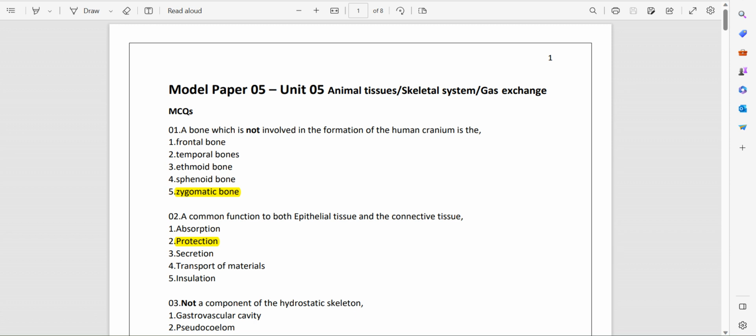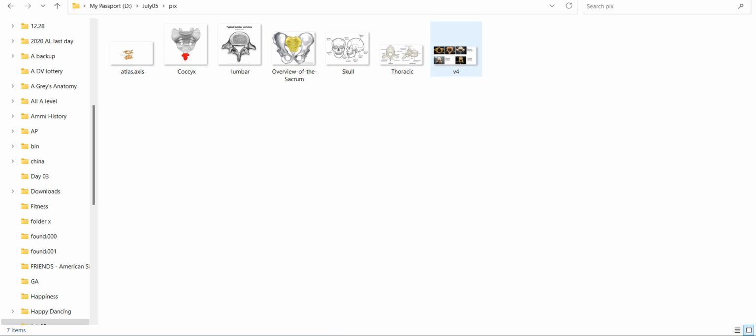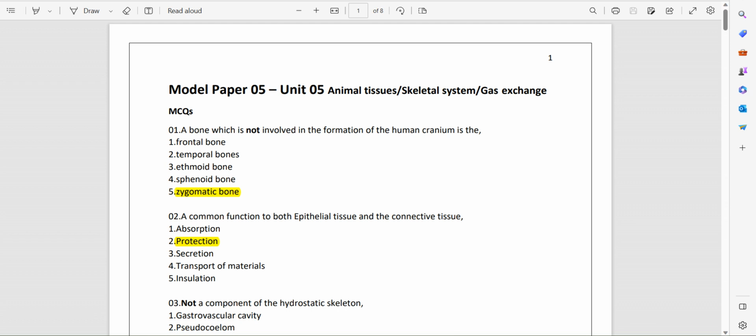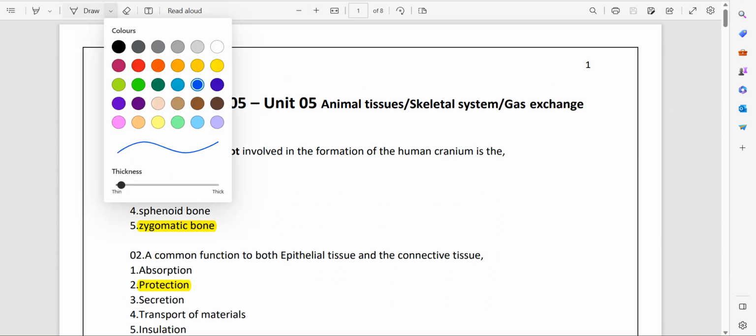So in this particular model paper, I will be discussing animal tissues, gaseous exchange in animals, and skeletal system. In the same way, we will be discussing the rest of the 5th unit in the coming few weeks using model papers. So when we take the first question, this is a very basic question, totally based on simple